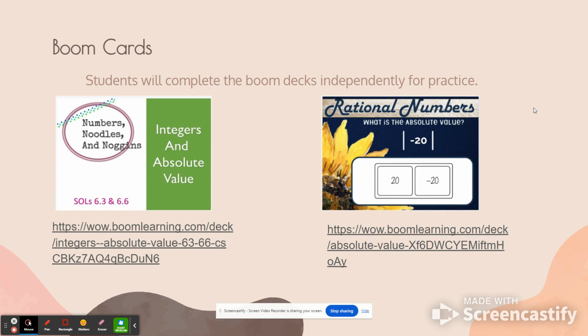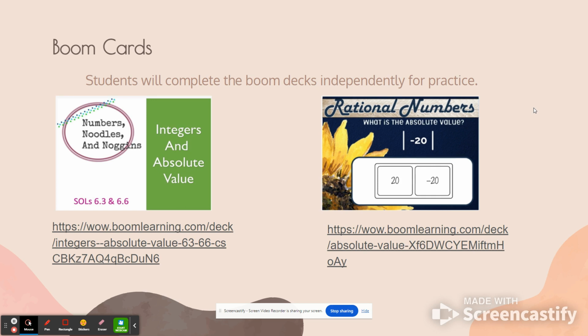So an in-class review will be using the Boom decks from boomcards.com. There's two decks that I chose. The one on the right of the screen is called Rational Numbers and What is the Absolute Value? It's really simple. It's asking what is the absolute value of the number -20 that's inside those absolute value brackets. So it's just a really easy, quick thing to make sure the kids are understanding how we find the number